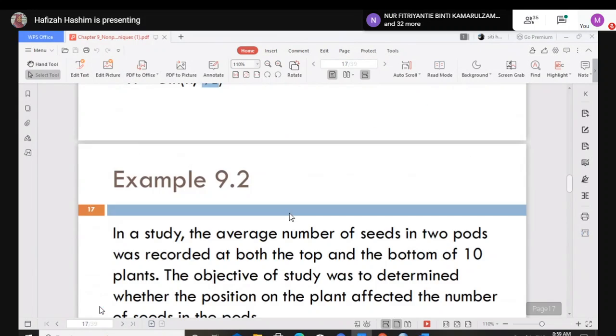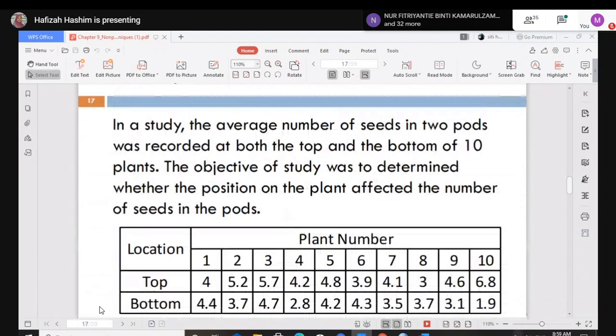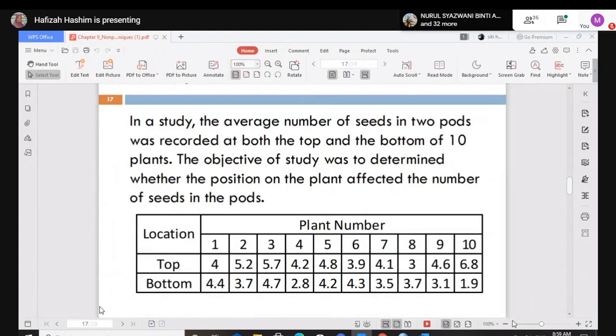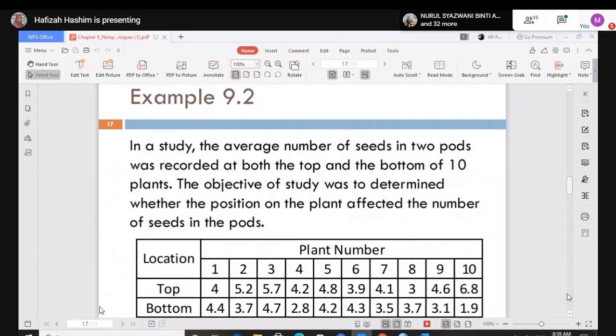All right. Now, look at this one, the second sample. Okay, class. In the study of the average number of seeds in two pots, you have two pots, recorded at both the top and the bottom of 10 plants. You have 10 plants here.